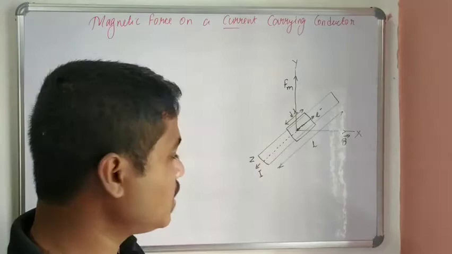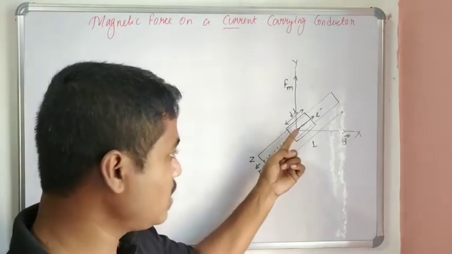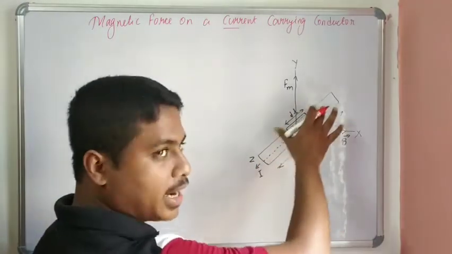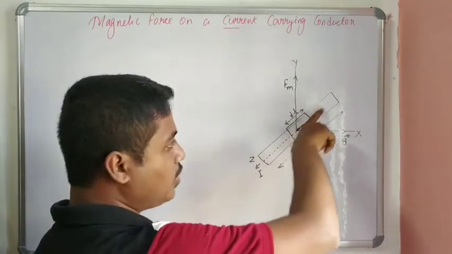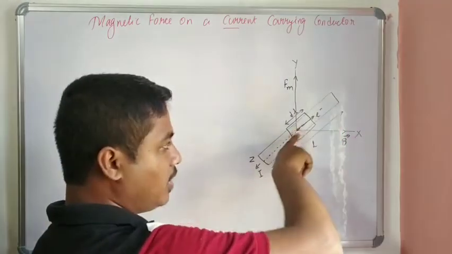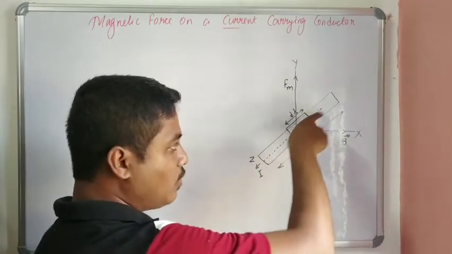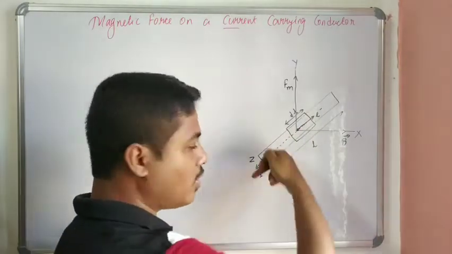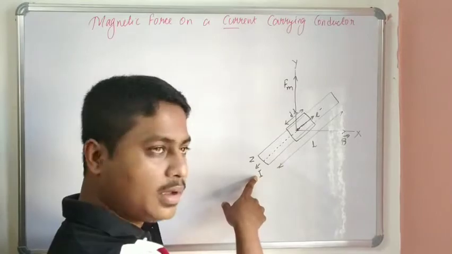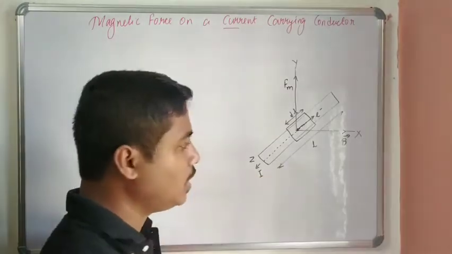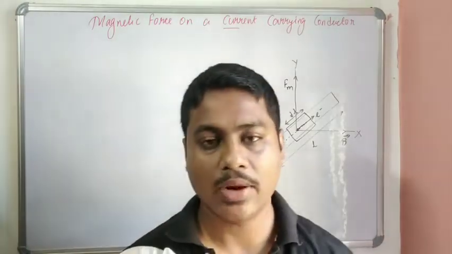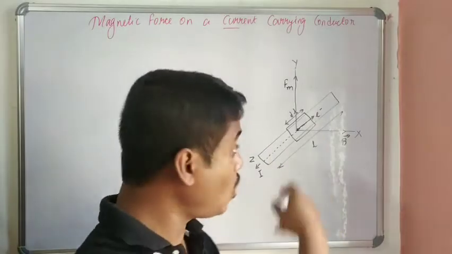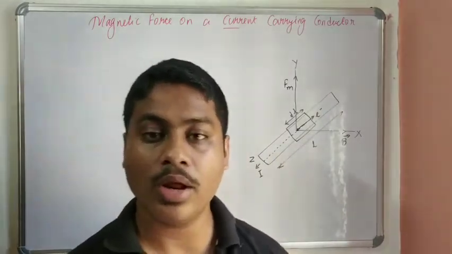Then if I consider the direction of the electron, in the wire the electron is flowing towards the upper side. Okay, this is the flow of electron. If the flow of electron is towards the upper side, then obviously the current direction will be towards the downward direction. So this is the direction of the current. Now, for calculating the magnetic force on this conductor, we cannot calculate over the whole